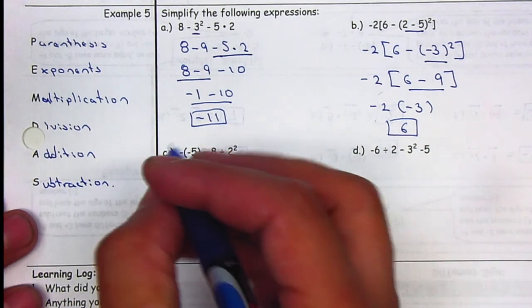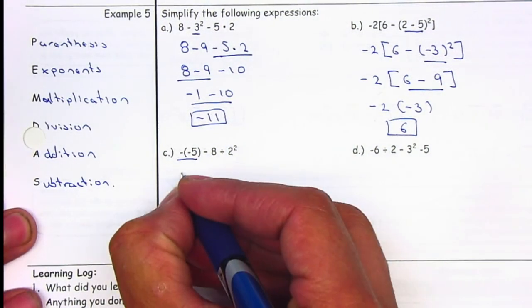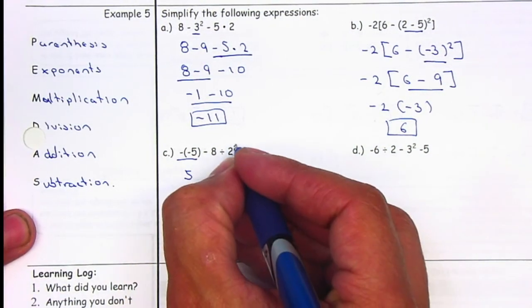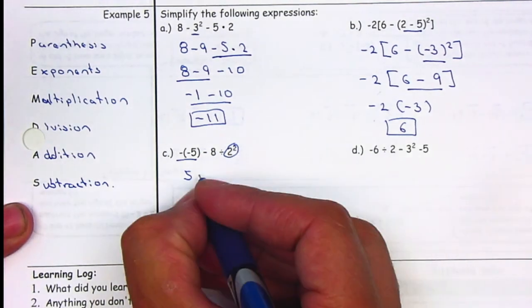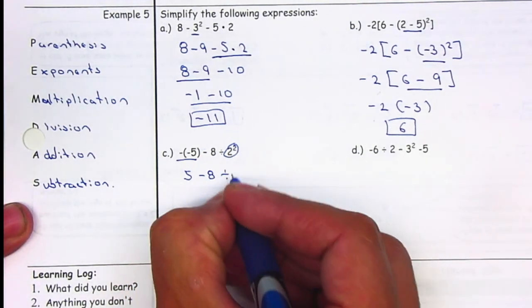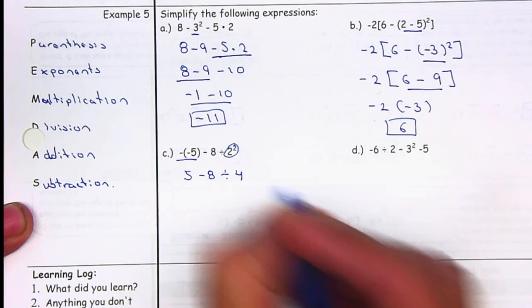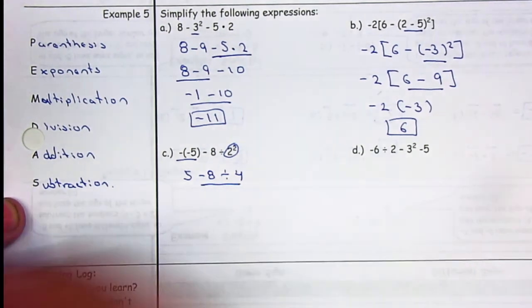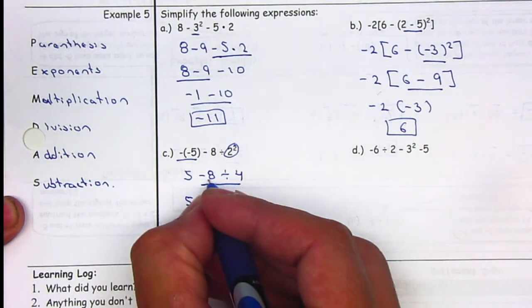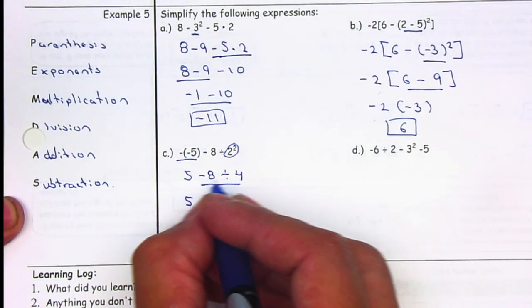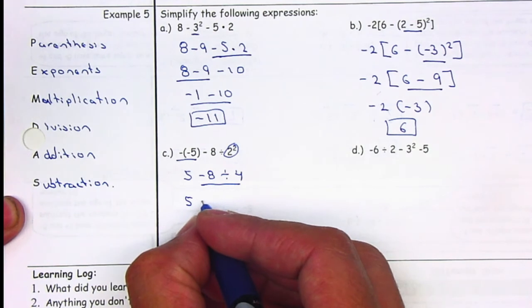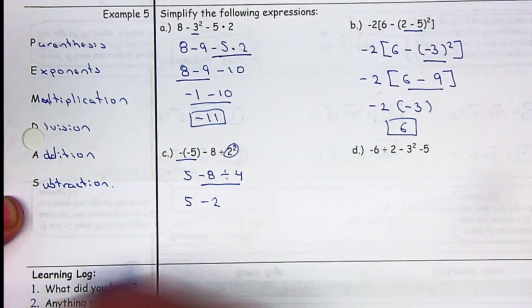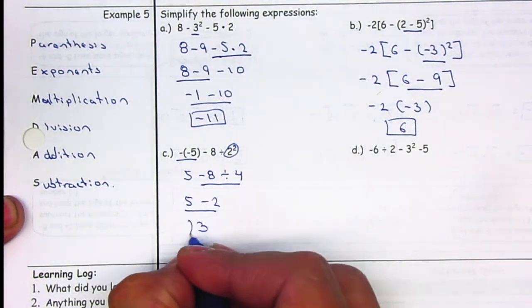For letter C, I notice that I can rewrite this as a positive 5, but I want to simplify the exponents first. It'll be negative 8 divided by 2 squared, which is 2 times 2, which is 4. Next will be division, 5 plus negative 8 divided by 4. Remember, the negative belongs to the 8. Negative 8 divided by 4 will be negative 2. So my answer will be